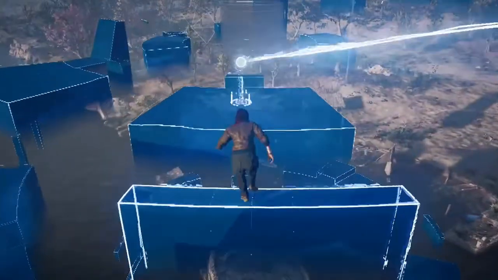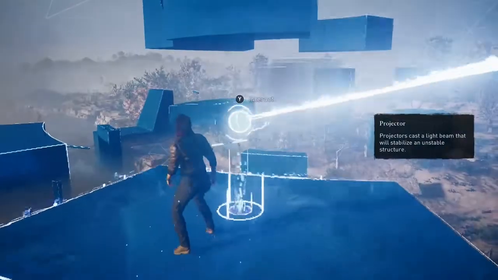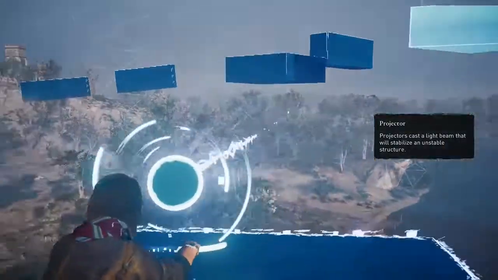Here is a quick little thing, just pay attention to that in the game, where you're going to have to switch that little laser beam there so you can walk somewhere else, but just follow along.